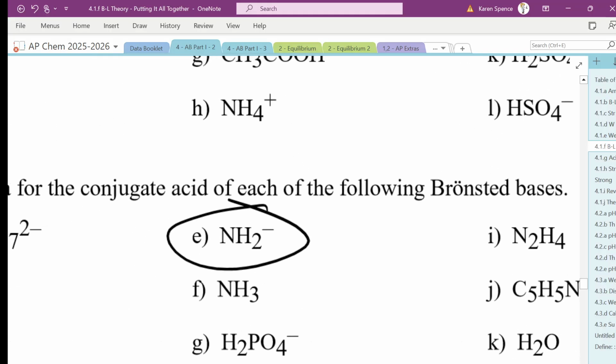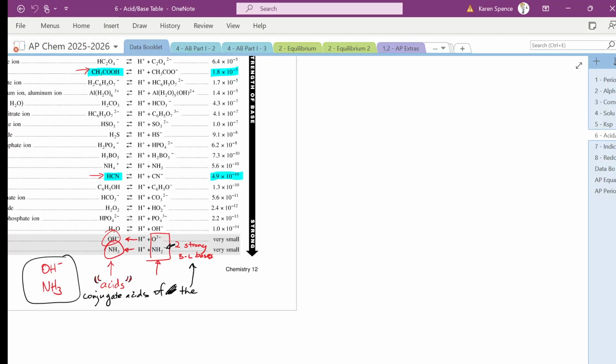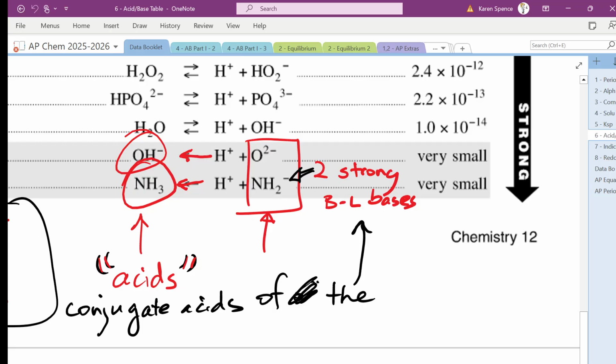Now, the NH2 minus, the reason we know that is not amphiprotic is because if we look on our data booklet, it is a strong base. So it only accepts protons. If it's a strong base, it cannot act as an acid. Yeah? So I didn't look at that. Yeah. And then for the other one,